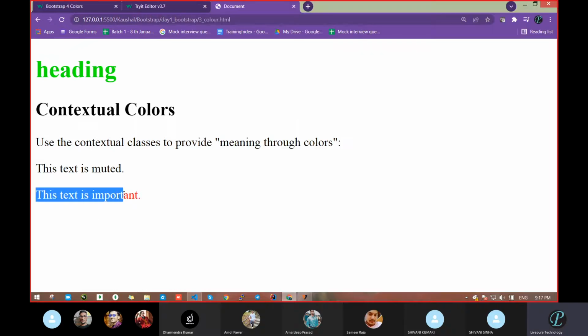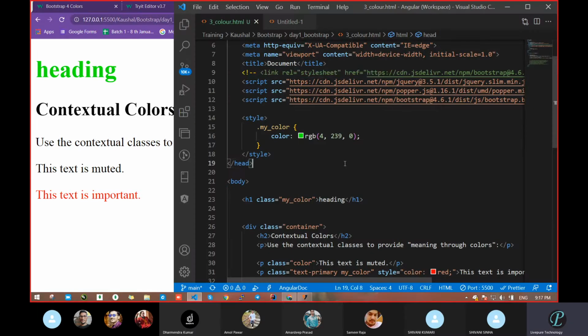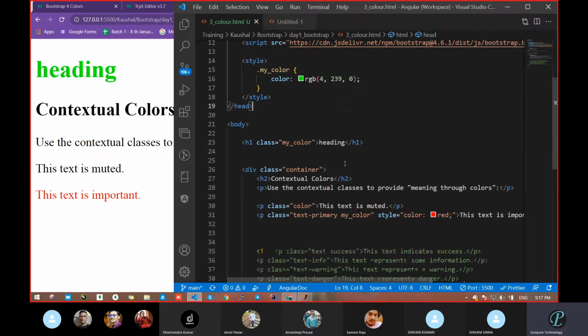What did we get? This is important text, and now see who has red color: internal or inline? Inline. So now inline gets the priority. In the sense, first external gets priority; after that, if external is not there, then inline gets priority. Now comment out this inline also.